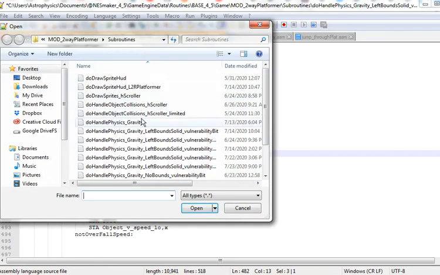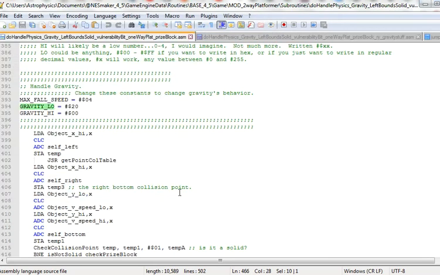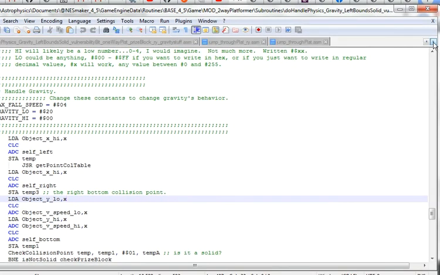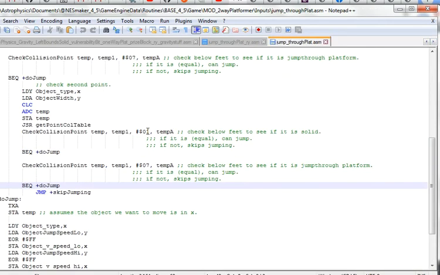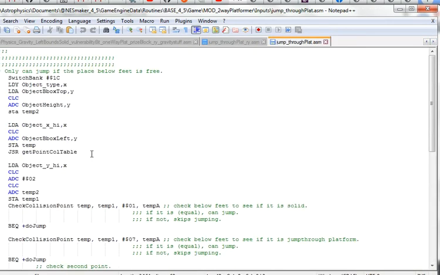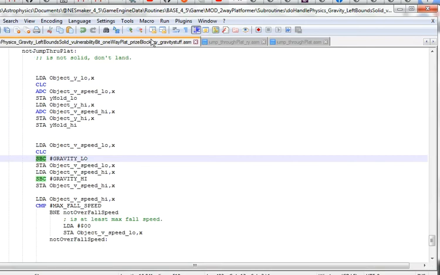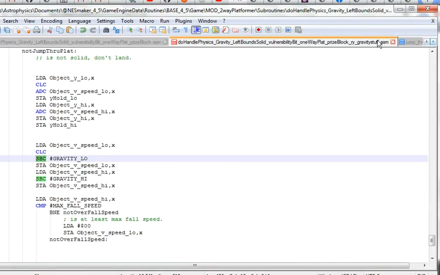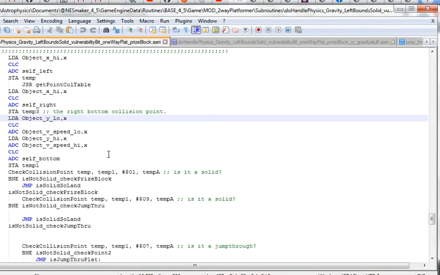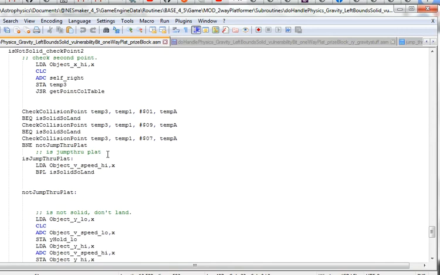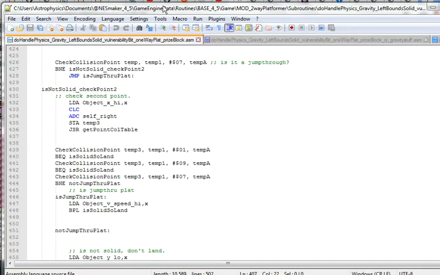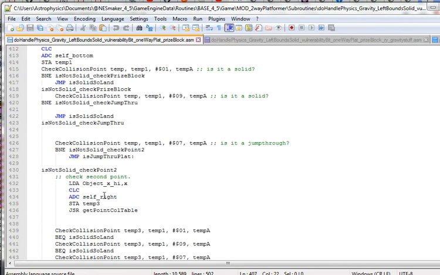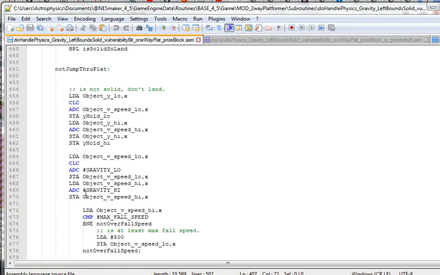Let's take a look at the original code here. This will work. Just go ahead and bring it over to the original code. Oh, what happened here? Here we go. The gravity part for the do handle physics. Originally,